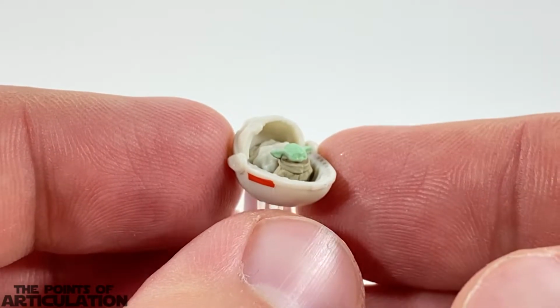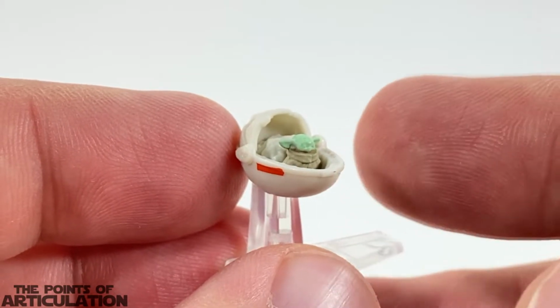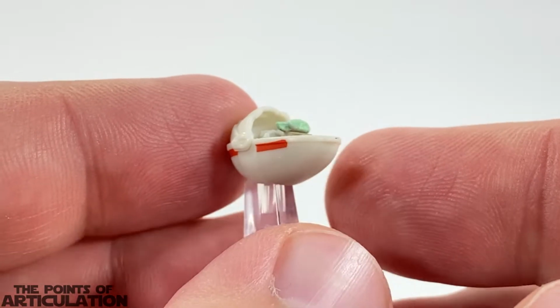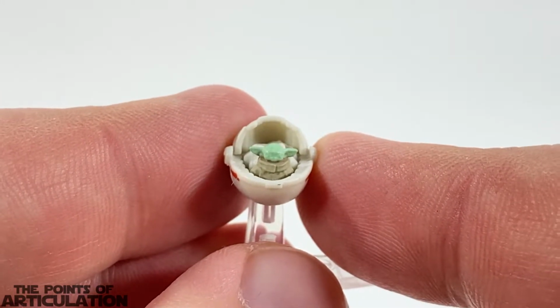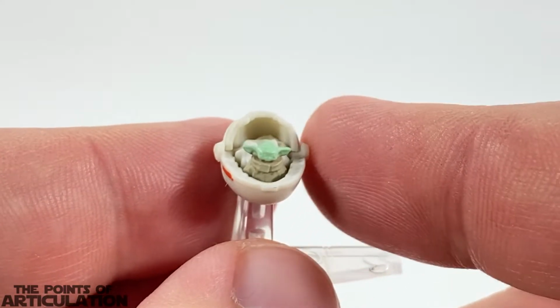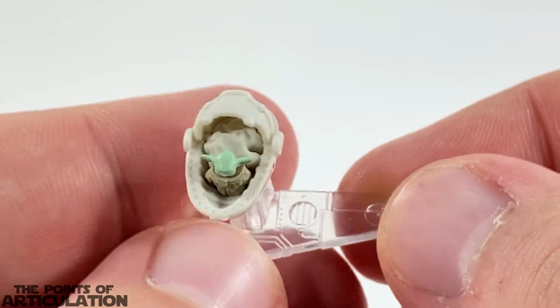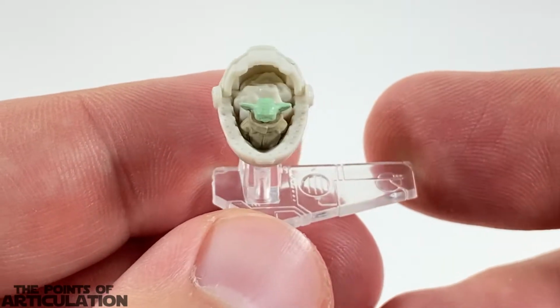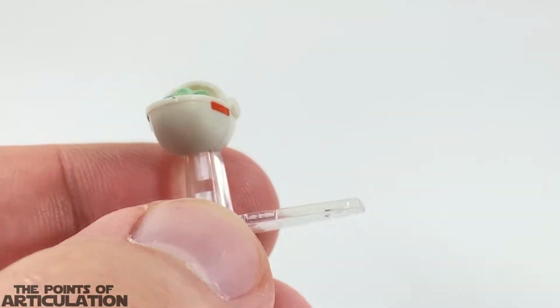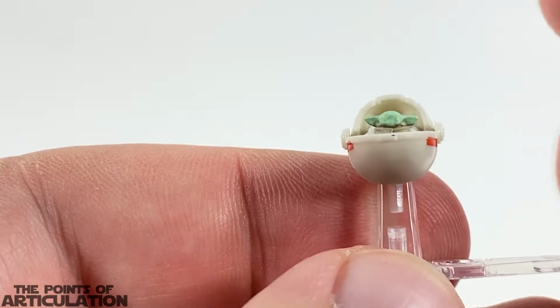Very cool. Now for the paint, he has about 4 different colors. We have off-white and that, I would say, reddish orange for the hover pram. And then for him, we have tan for his clothing and green for his skin. All in all, a nice piece. And to make it even better, it comes with a cool stand, which is nicely molded as well. Pretty cool. Now to compare this to the Mandalorian,